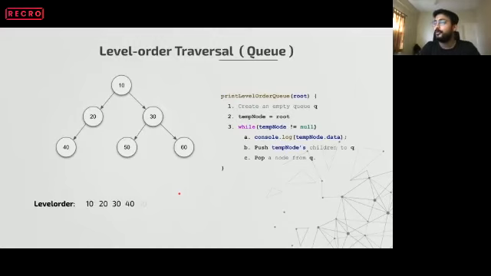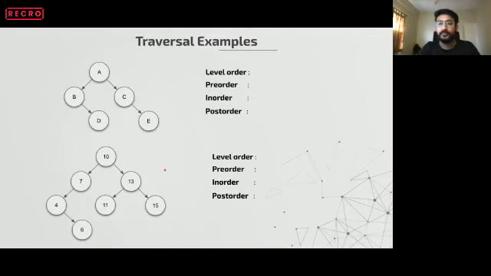Okay. Before moving to that, we'll do some practice problems. I want all of you to participate in this example. We have two problems. I would recommend all of you to take 5 minutes and try to solve them. Let's start with the first problem. All of you can write the solution and post it in the chat section. Please participate. Yeah, I see everyone is writing level order. Level order is pretty simple. I would suggest you write the pre-order, in-order, and post-order traversals of it, because that will take some time to solve.